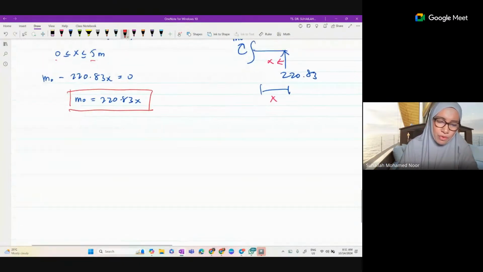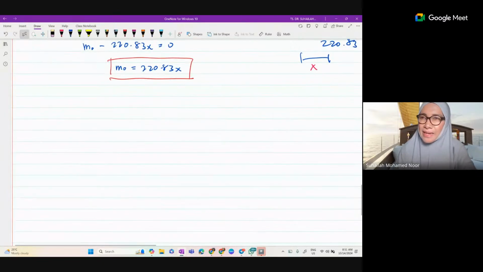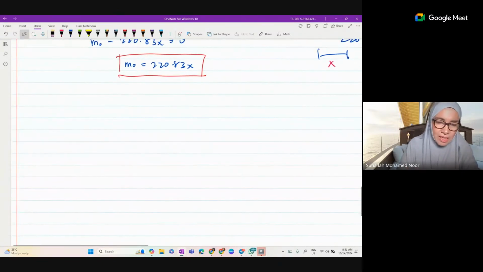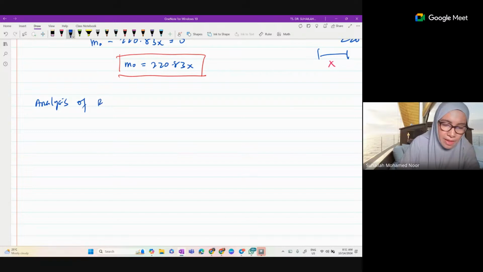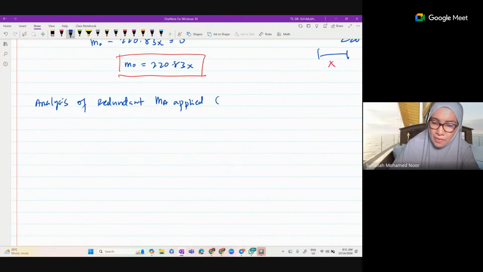So now we move to analysis of redundant beam. Analysis of redundant beam. Redundant MA applied. MA applied is the redundant beam. And this is MA. Okay, so we draw the